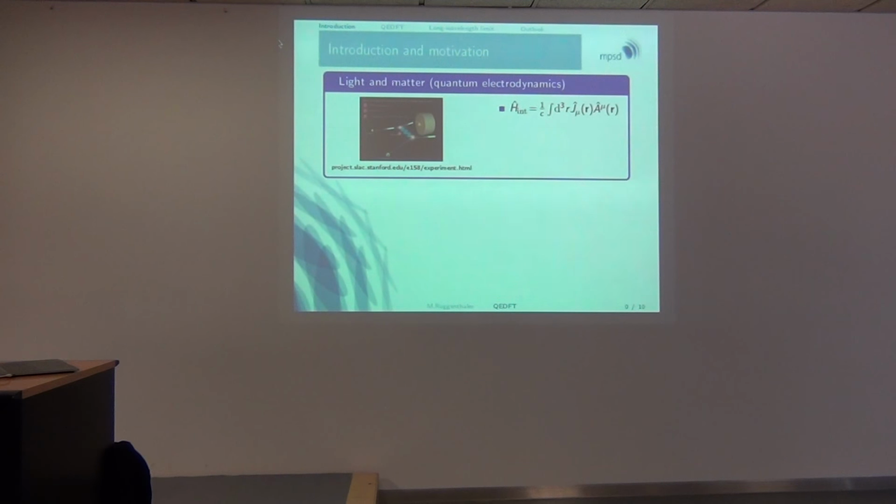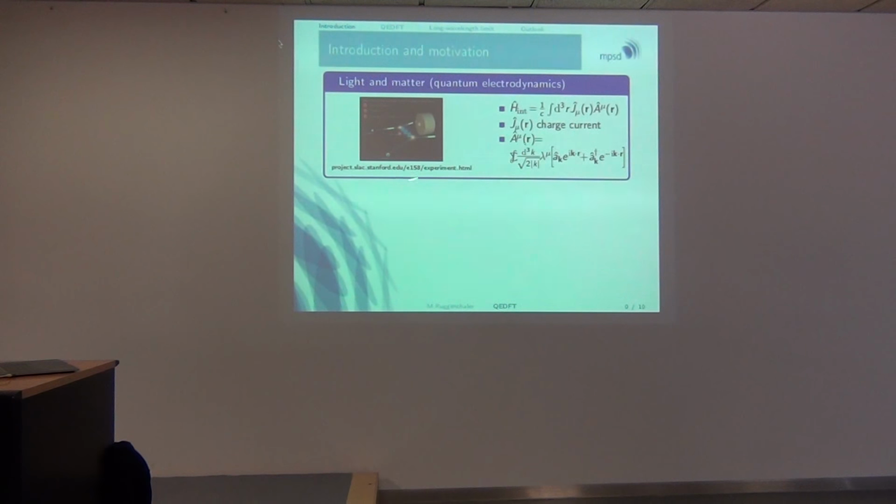That means we have a charge current operator. I will later show you how that looks specifically in our case. And we have a vector potential operator, which is basically nothing else than a sum over all possible modes of the electromagnetic field. And for each mode, you can annihilate a photon in the mode k or create a photon in the mode k. And from this so-called minimal coupling prescription, we get this basic picture in our mind of how